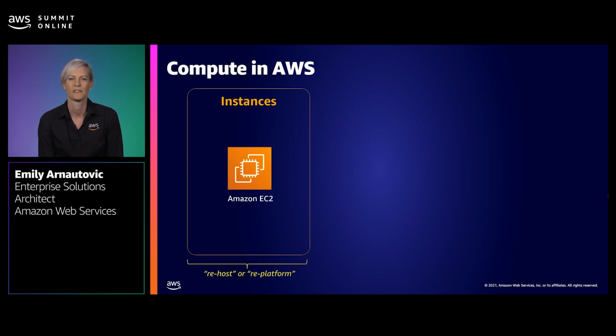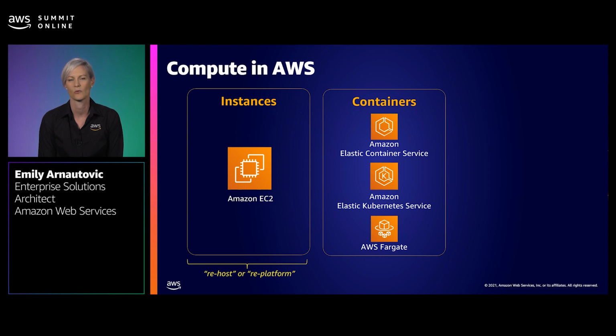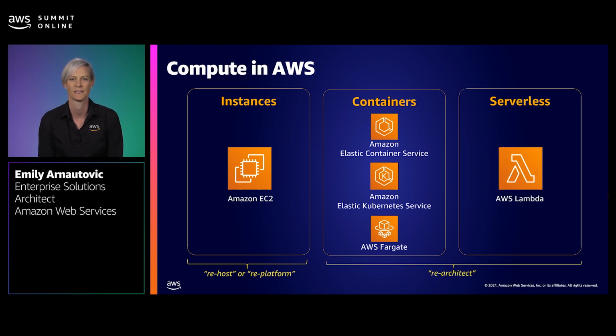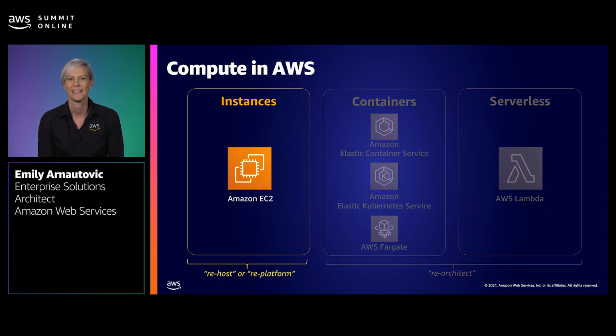We recommend that Nikki chooses virtual instances, Amazon EC2. This makes sense since they want to rehost or re-platform their 3-tier application on AWS. If they're ready to take on more change, they could consider re-architecting their app to run on containers with Amazon ECS, Amazon EKS, or AWS Fargate. Or they could even convert their custom-built app to a serverless architecture with AWS Lambda. But as we saw, Nikki wanted to keep that 3-tier app architecture for now. And then once stable in cloud, they can consider modernizing to containers or serverless.